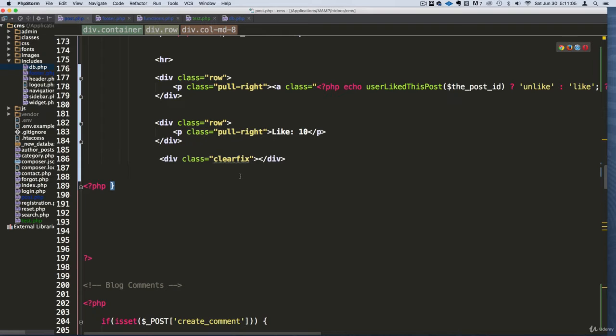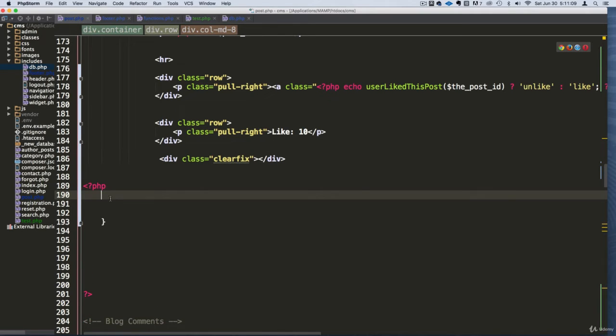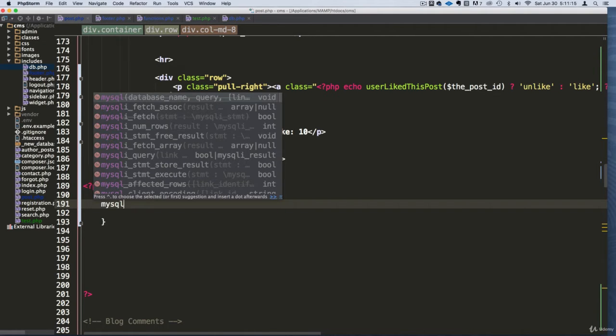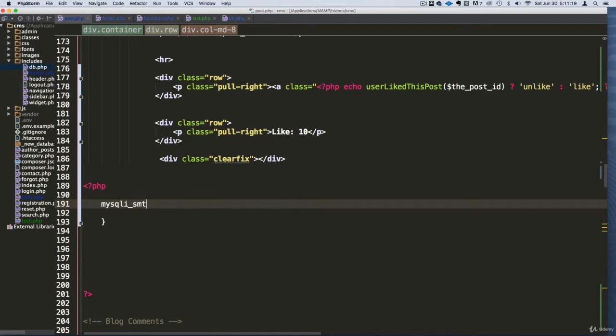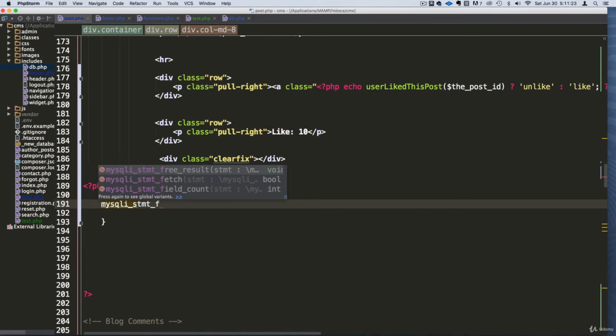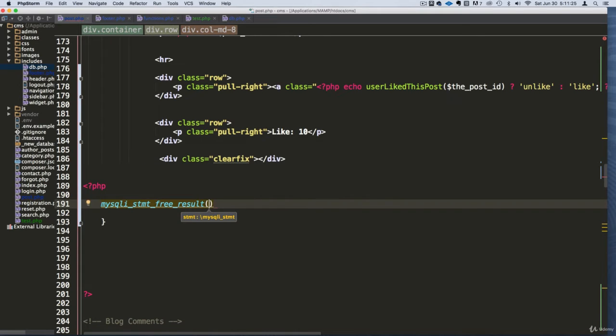So what I want to do is, after I'm done with it, right here in this loop, free it. I believe every API of PHP has some of this stuff. STMT free, yeah, free result, and I'm going to free the